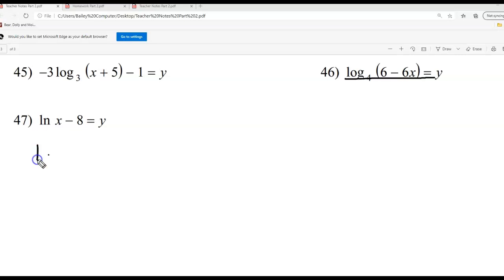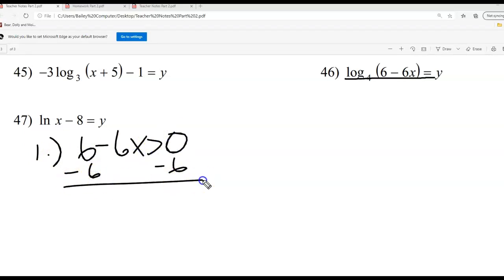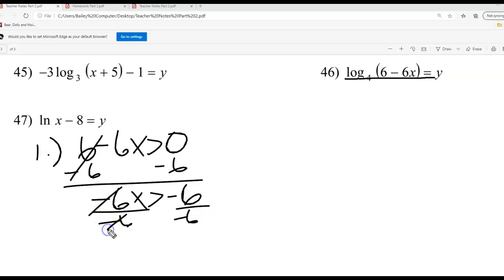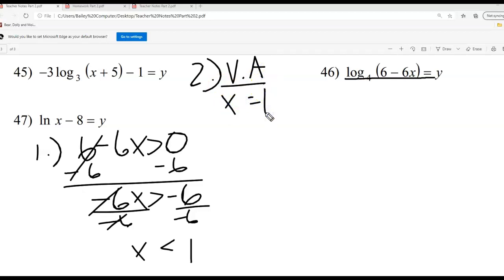So step 1, let's find our argument. We do 6 minus 6x needs to be greater than 0, minus the 6 on both sides. And as we talked about earlier, when you divide by a negative, you have to reverse your inequality. Notice the arrow here changed directions because I divided by a -6. So that means x is now less than 1. So as for step 2, that means my vertical asymptote is going to be at x equals 1,